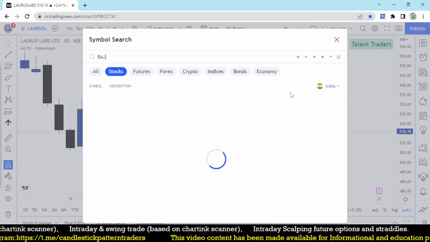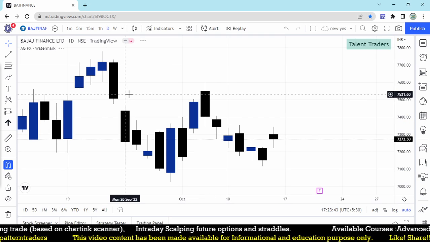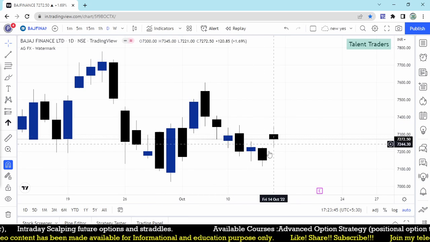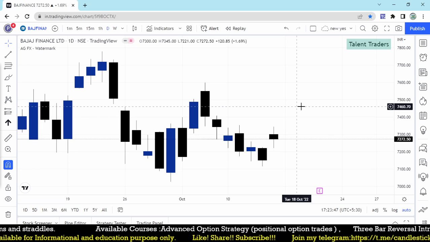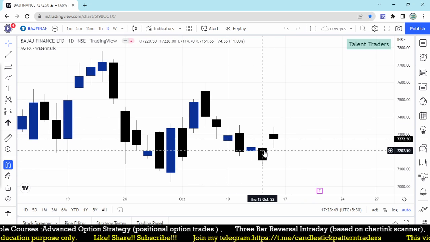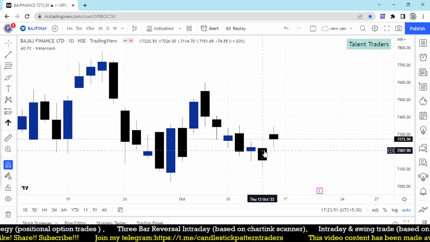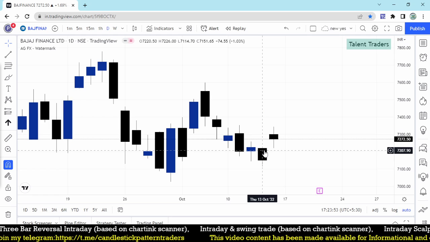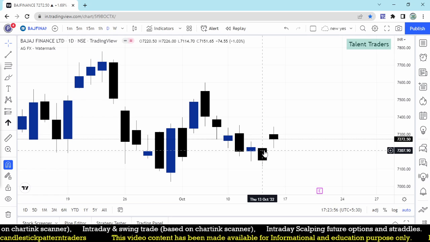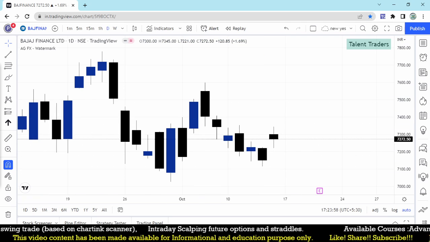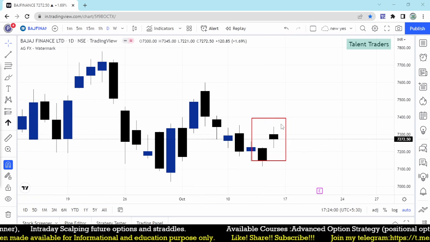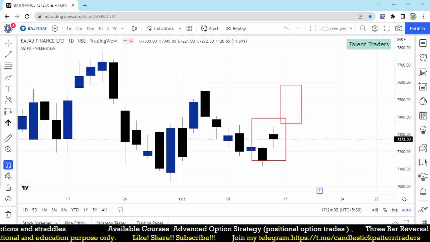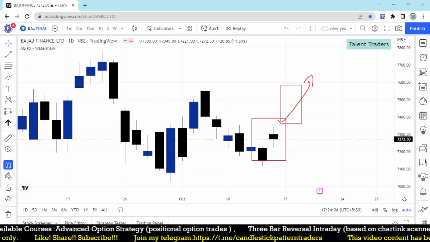Let me go for Bajaj Finance. Let's look at this, is this a reversal? Do you think this is a reversal? Both the days are negative, but it may be the reversal point. Tomorrow the stock can perform on the upside. That is my expectation, and this may be another reversal pattern. It can move up, that is what I'm expecting, on the basis of the pattern